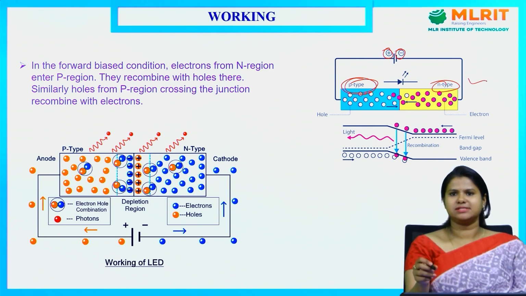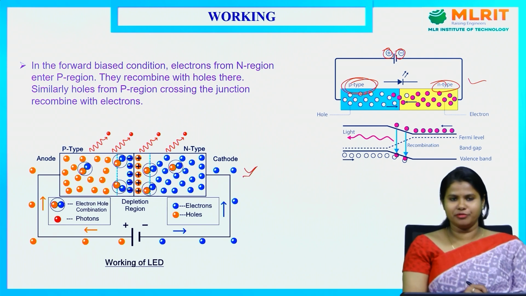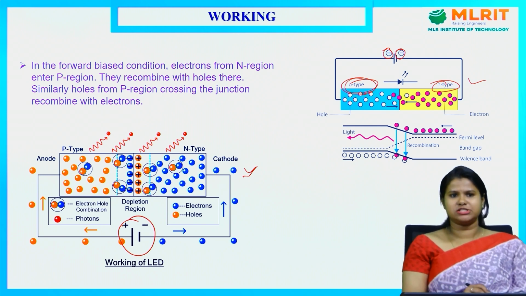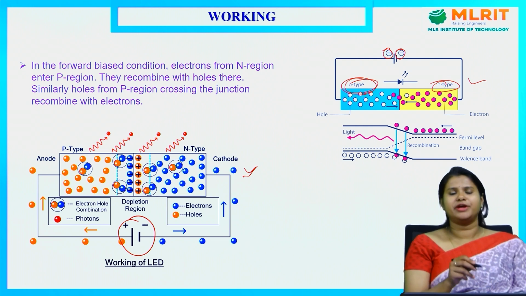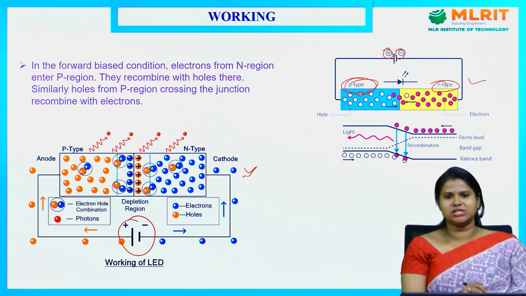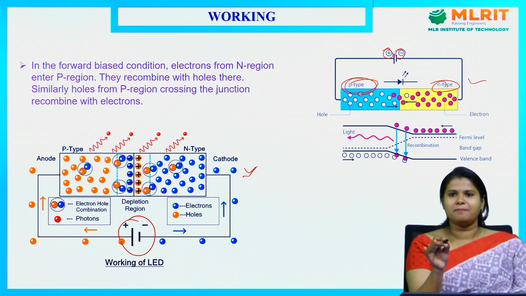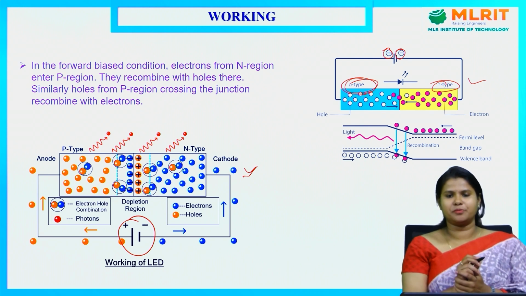So what happens in this forward bias condition? Let's consider this diagram. We can see in detail how the electron hole pairs are recombined and photons are produced. When we apply a voltage to this PN junction diode connected in forward bias, and the applied voltage is greater than the barrier potential of the PN junction, the charge carriers from the P type will go to the N type and from the N type the charge carriers will come to the P type, and there the recombination process will take place.